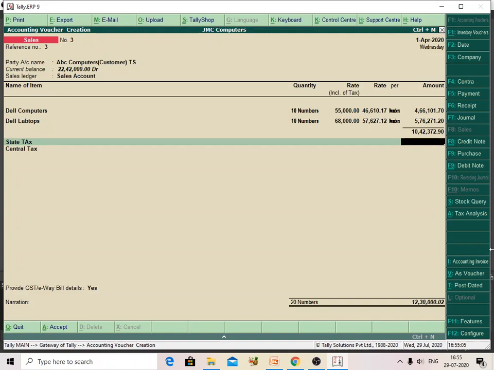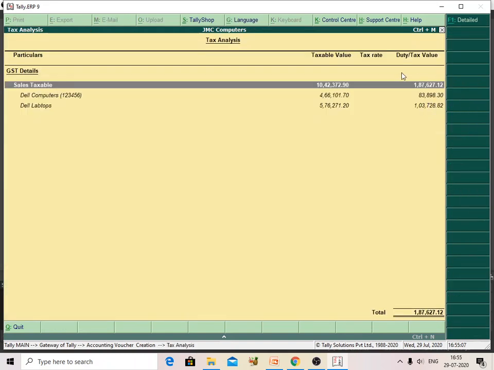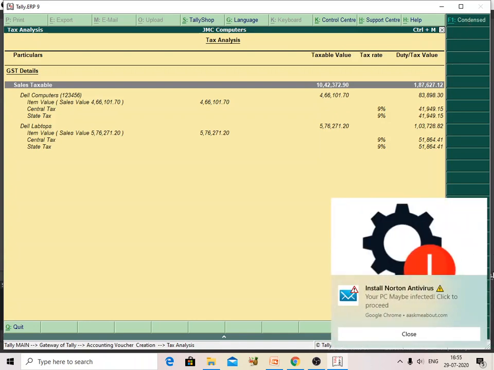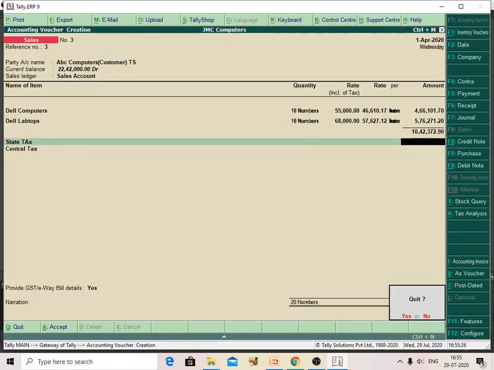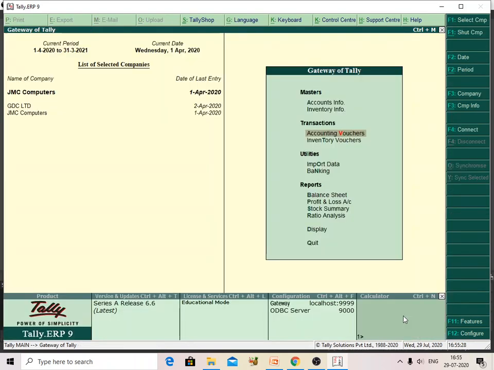Okay. Just select tax analysis; here the inclusive of tax rates are this. Okay. Inclusive of taxes. So we can do the inclusive of taxes in the detail screen. There is no tax rate, and the inclusive tax will be shown in the inclusive tax rate, so you can get this statement. Okay. So this is one method.